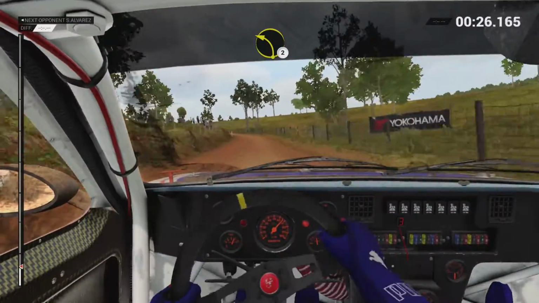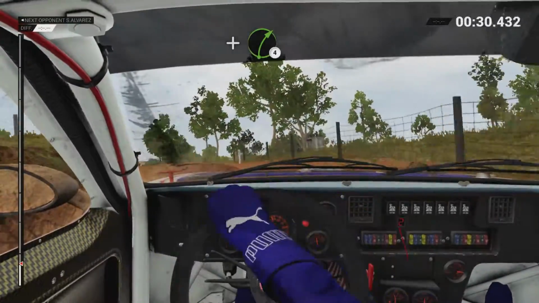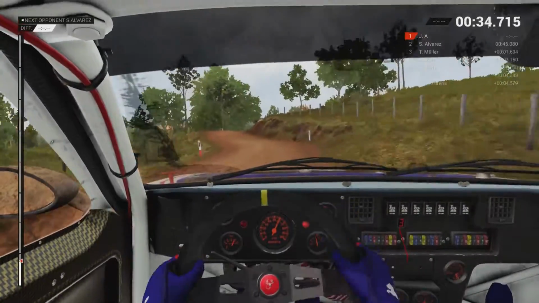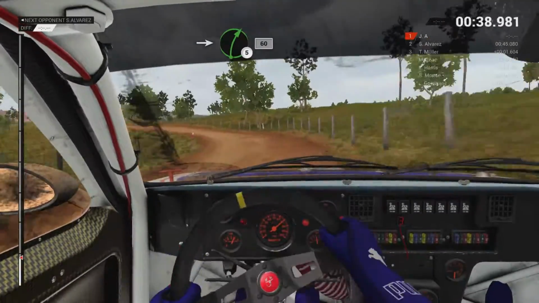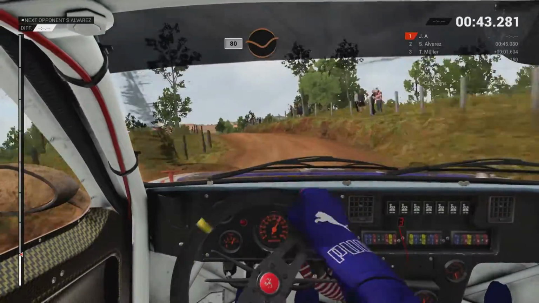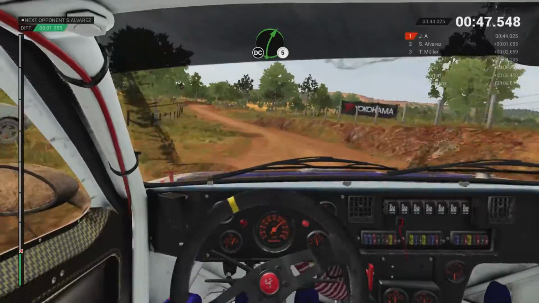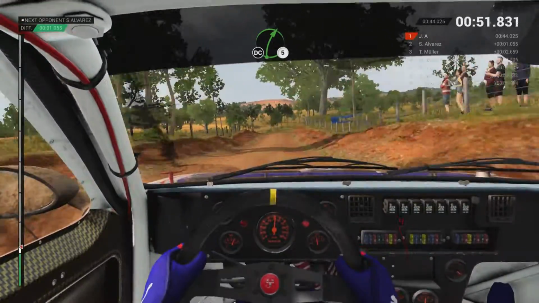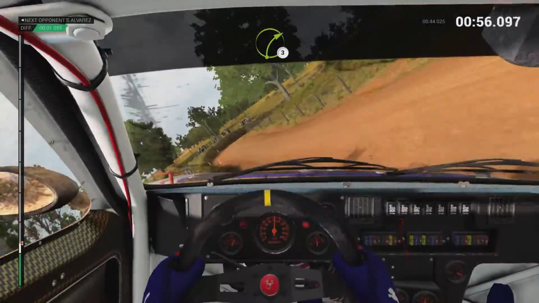Left 2, into left 2 over crest, and right 4. Ow. Left 5, into right 3 over crest, and left 4. Into right 5, 60, left 5, crest, and crest, 80 through dip, left 5 long, 60, right 5 long, don't cut. Caution, crest, jump maybe, right 5, don't cut, crest, dip, right 3 over crest, 80 through dip,